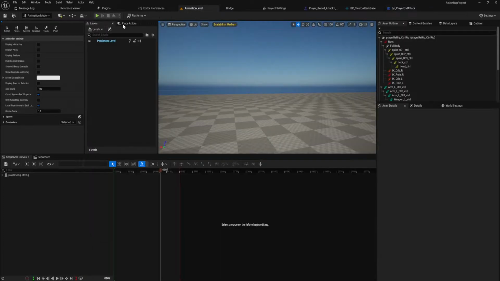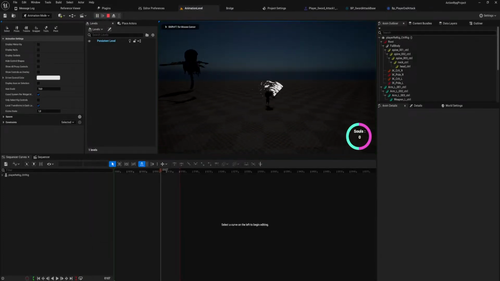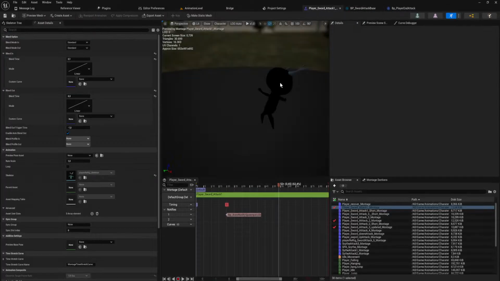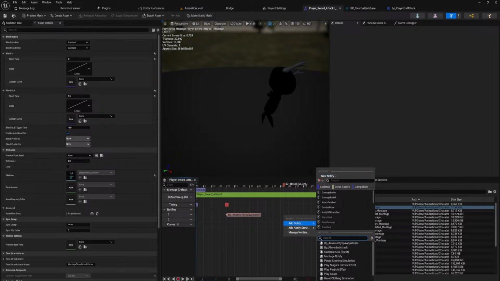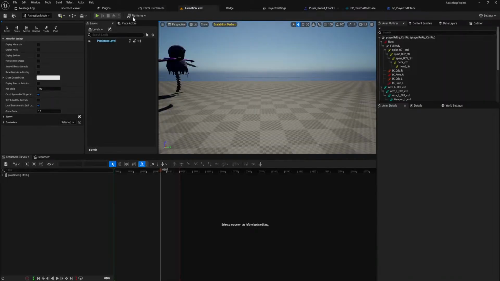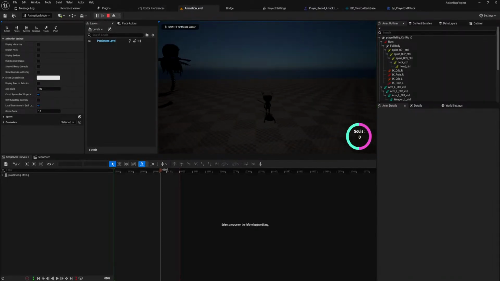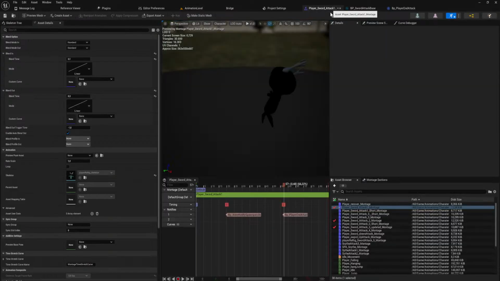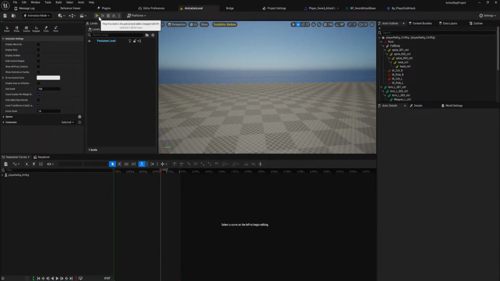Okay, so now that we don't have a finished implementation yet, we should only be able to attack once and then never again. Fantastic. That's exactly what I wanted. Player end attack, we do here. And now it should automatically end the attack at that point. Which is actually a really good way to test this stuff out as well.